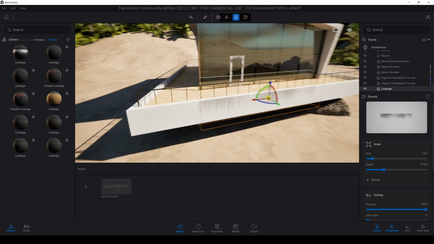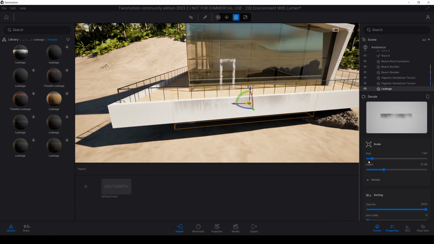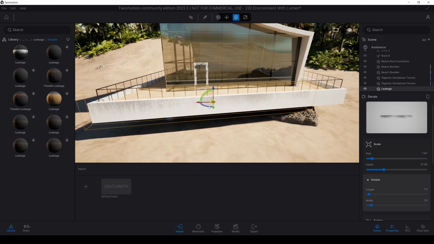Yeah, now we see it. To change the size, you will use this menu. The transform options do not work. If you click these details, you can change the length also to match the width of your model.